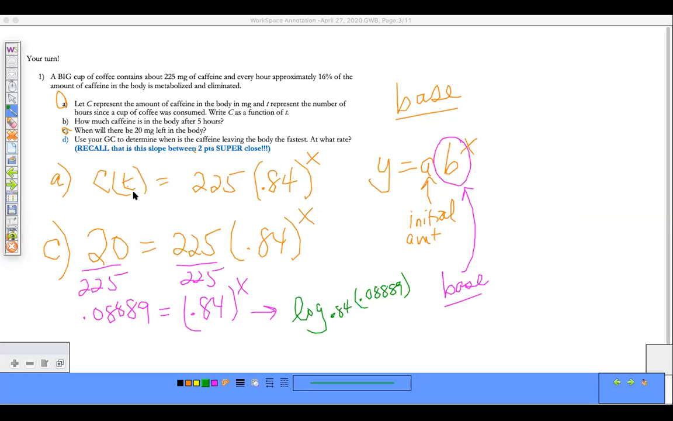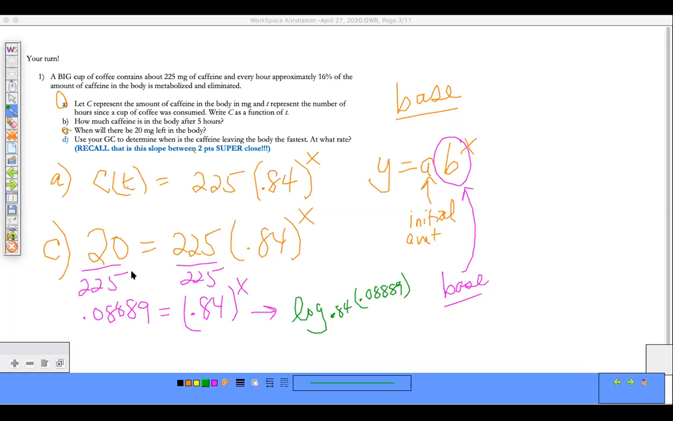We scroll down. I need the 0.84, right? And then this was 0.08889, and we would get that. Eli, I hope you're watching. Since you only have base 10 on your calculator, you're going to do the log of 0.08889, and I need to put a parenthesis in there, okay? And you're going to divide by log,